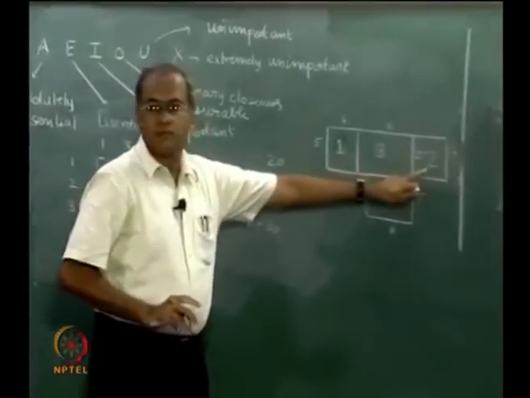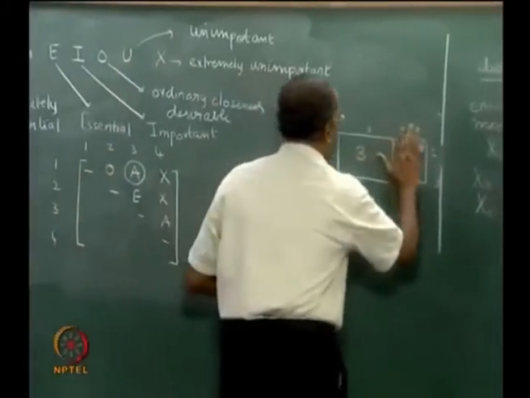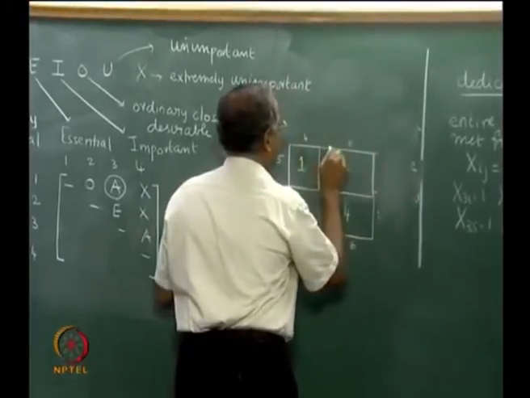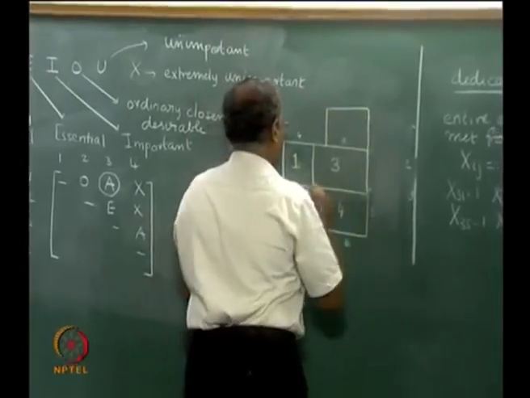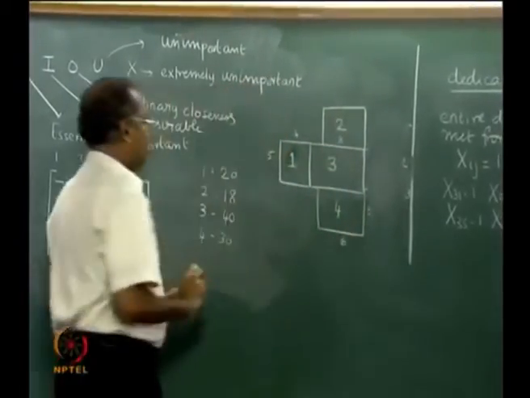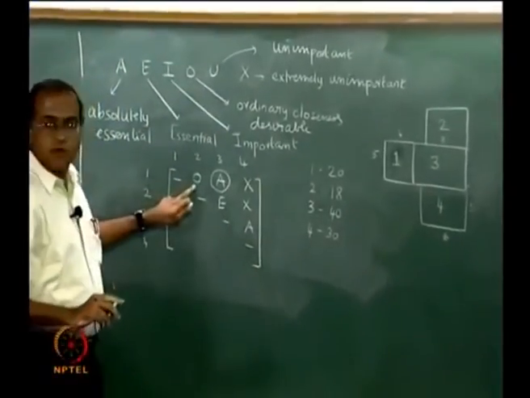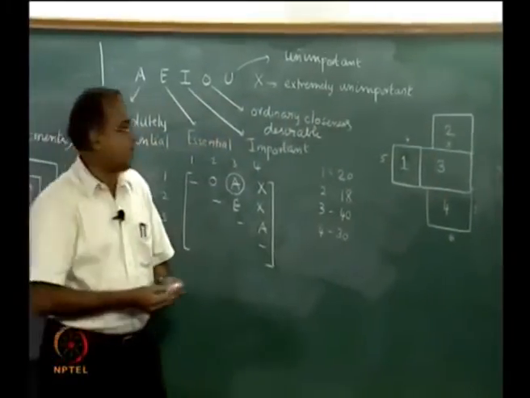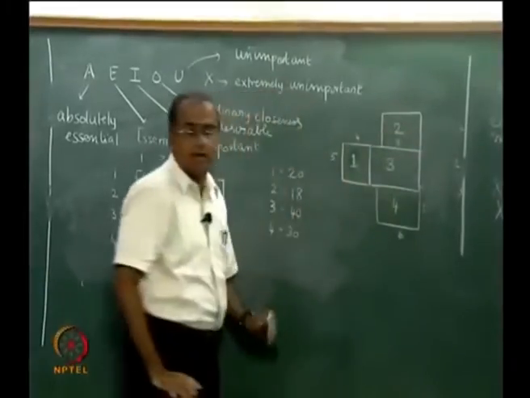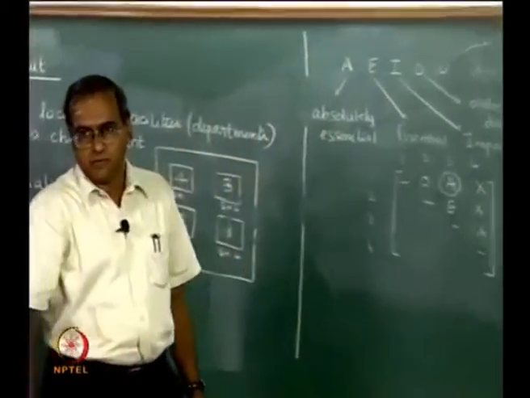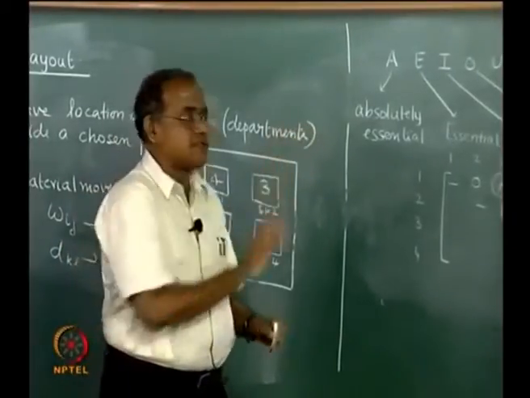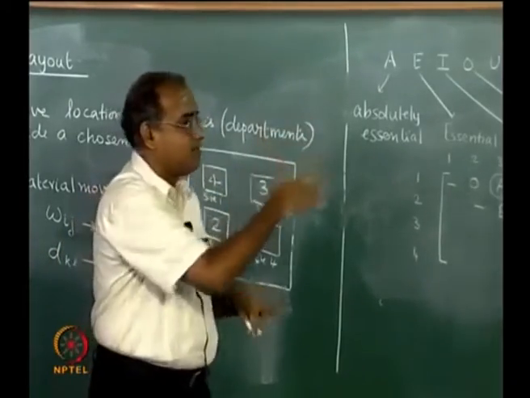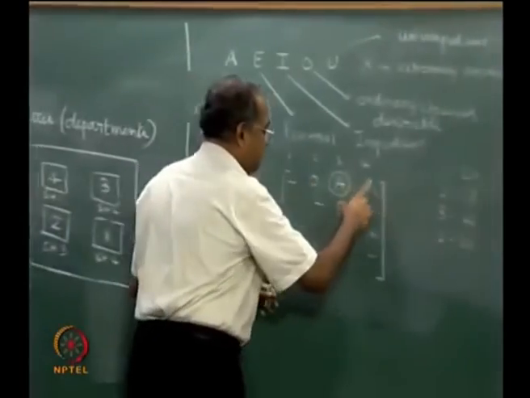So we could do this, or we could think in terms of putting 2 above here, which could also be possible, because 2 to 3 is E, 1 to 2 is also O. So putting it above would bring 1 and 2 closer to each other. So typically one would say that this is how we could have the layout for departments 1, 2, 3 and 4. Now there is a certain amount of subjectivity in the whole thing, but there is still a certain reason and a scientific way of relatively placing them.